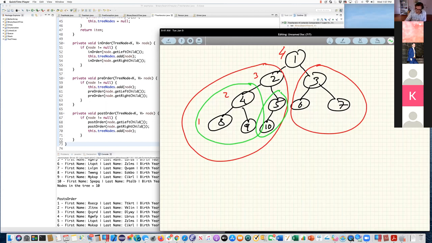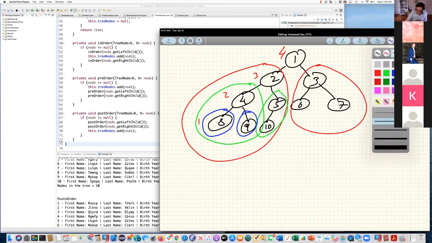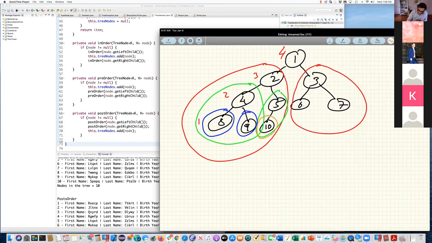If I take the left subtree of 4 and the right subtree of 4, they're both balanced, right? If I take the left subtree of 5 and the right subtree of 5, one has a height of 1 and one has a height of 0, so that's balanced, which means the tree rooted at 5 is balanced, which means the tree rooted at 2 is balanced, right?